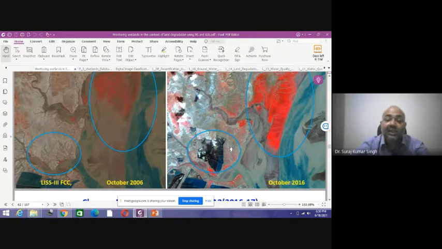So the more you see the area, the more interpretation you will be able to do, the more classes you will be able to identify, and then you can react properly. That's why we always say that the accuracy of your classified map depends on the experience of the interpreter, how experienced he is, or how many different terrains he has seen in satellite images. Because in India, in each and every geographical area, the terrain is different, the land use is different, the features are different. Until you see the satellite terrain of different earth features, where they are located, along which feature, which geomorphological units will be demarcated.